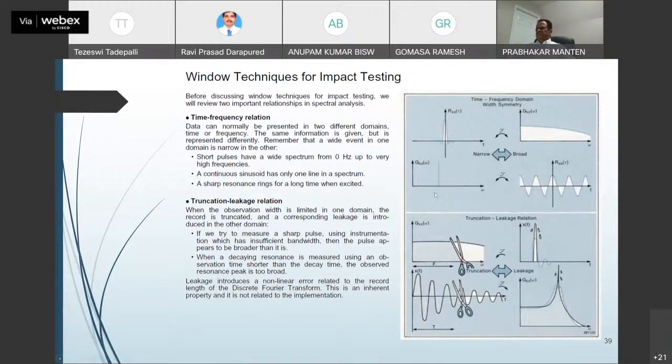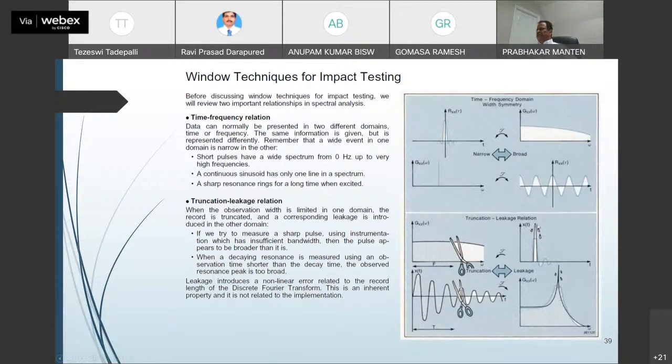Suppose you input a sinusoidal sweeping function with an exciter: the spectrum is a sine, a straight line. A sharp resonance rings for a long time when excited. That ringing will be there for a sharp resonance. Now this introduces truncation errors and leakage. When the observation width is limited in one domain, the record has been truncated, which is what some of the windows do, and a corresponding leakage is introduced